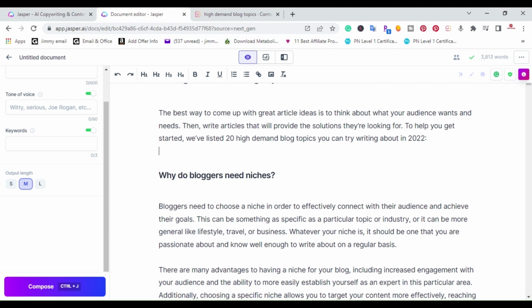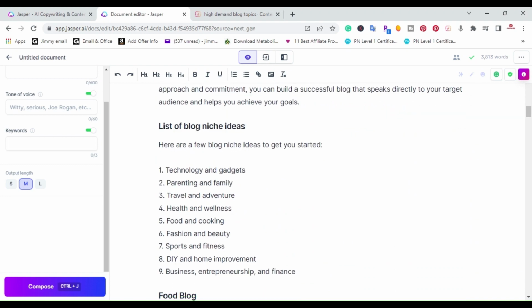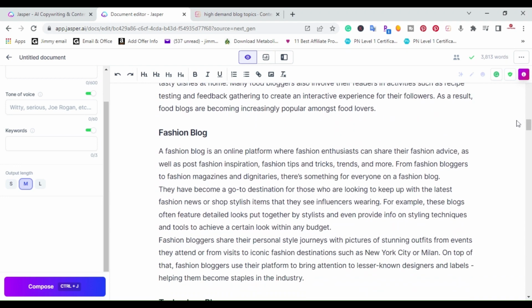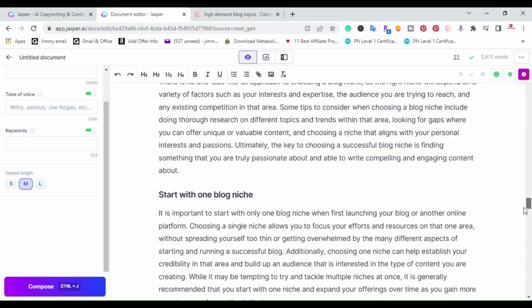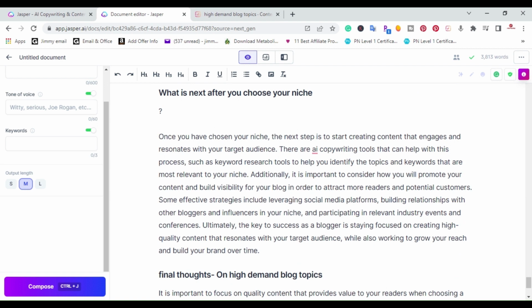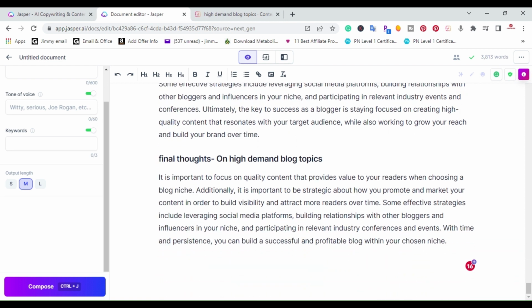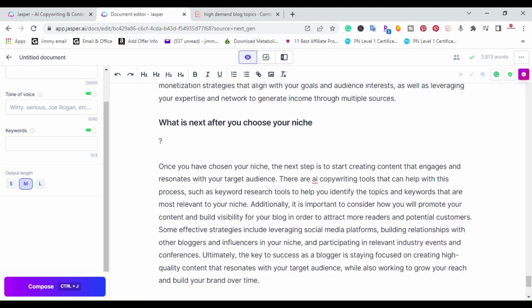So I'm just going to go slowly, but I'm going to put a link in the description to this actual article. So if you want to check it out, it'll be on my website, jimlopez.com, and you can see for yourself how it looks as a blog post with images. As you can see, it only took me about 30 minutes. Now it'll take me another 30 minutes to an hour to proofread it, go through it, change a few things, add images, put some links. Alrighty. So this is the final